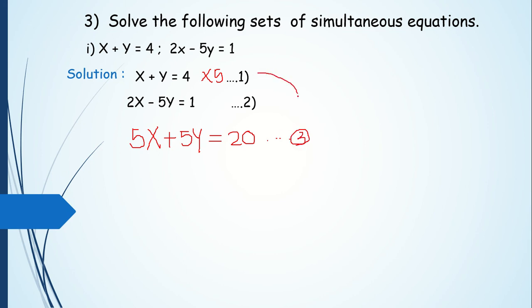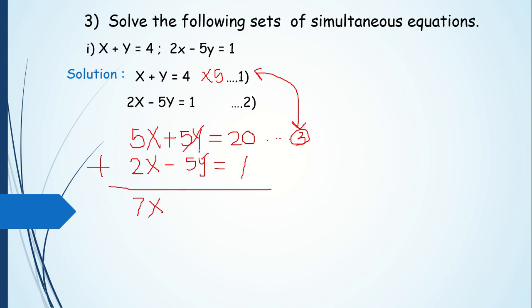So this is my equation number 3, new equation I got. But equation number 1 and 3 are nothing but same only. Only this is 5 times the equation number 1 multiplied by 5. If you do dividing throughout by 5, again you will get this equation back. Now we will say adding equation number 3 and 2. Equation number 2 I have written as it is. Now what will happen? See, we are adding 5x plus 2x will give me 7x.